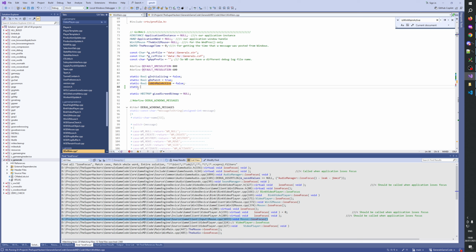Let's do a static bool g has focus, false.